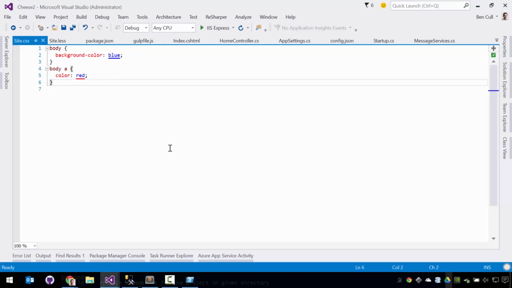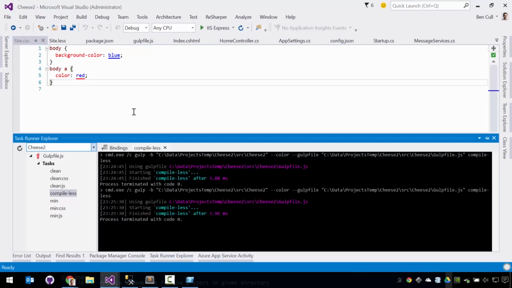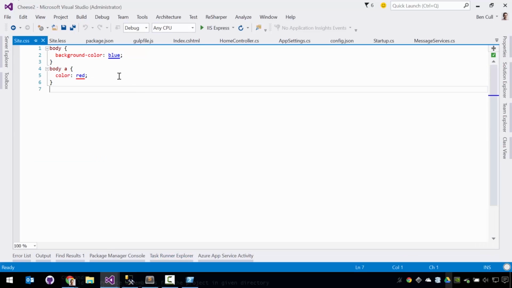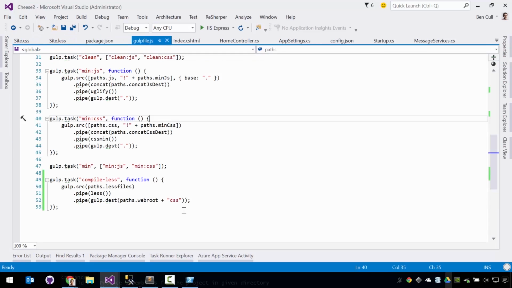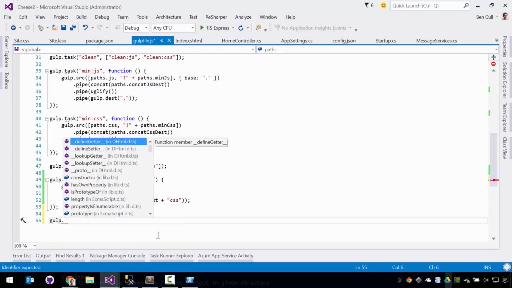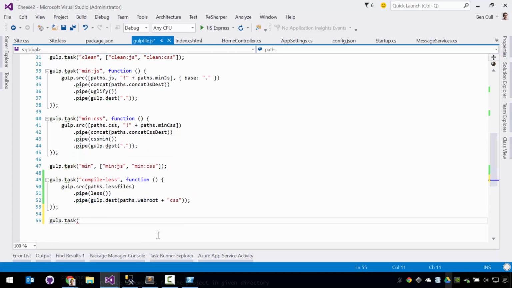And we can. So the next thing I want to show you is just one more step that's getting a bit more powerful, and that's called a watch. So we've got our gulp task, and every time we run that, it works fine. But gee, wouldn't it be nice if it just ran automatically? So what we're going to do is set up another gulp task. Again, everything in here is just going to be a task, and we're going to call it watch. And this watch task is going to be a function. And in here, we're going to go